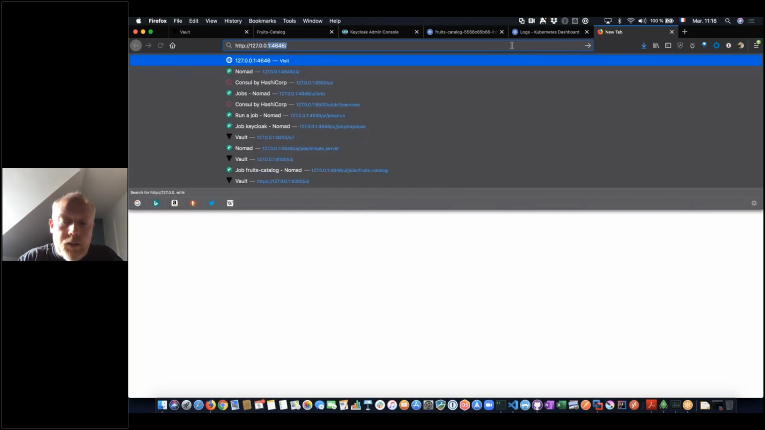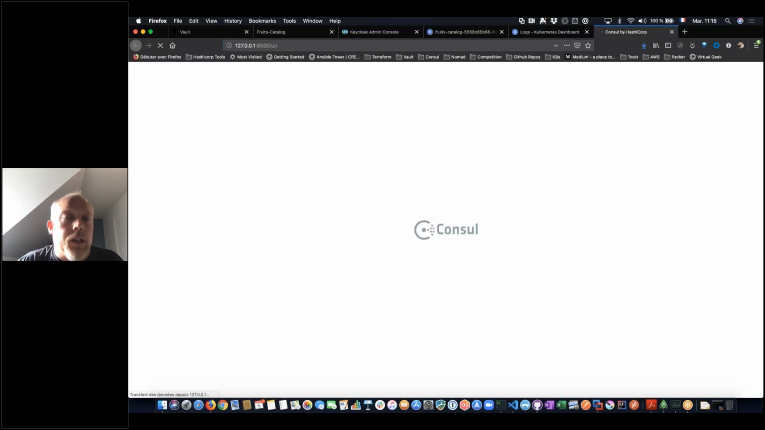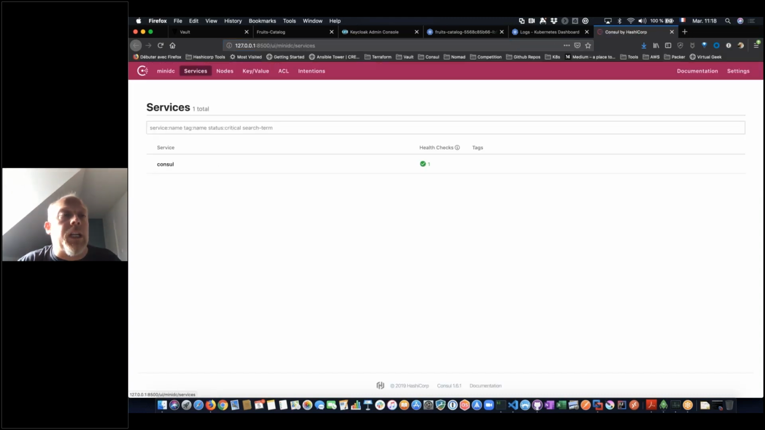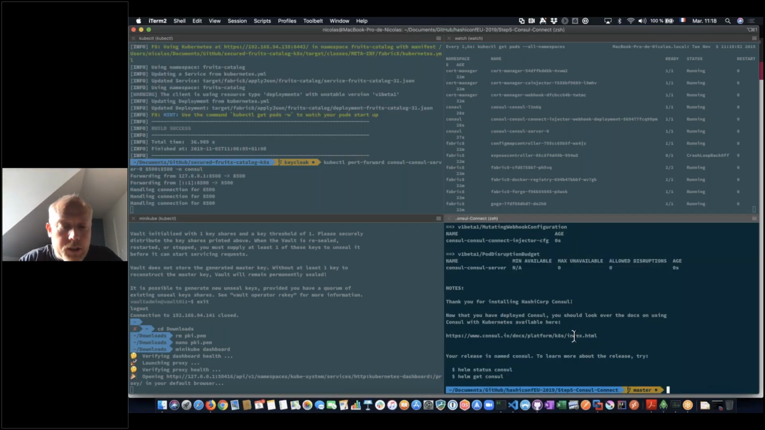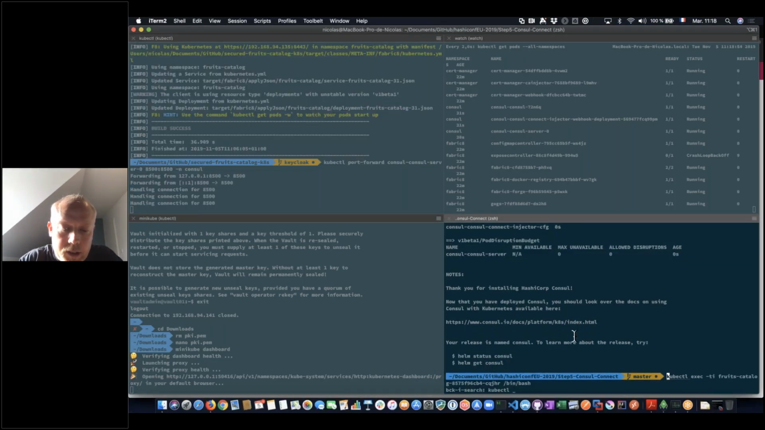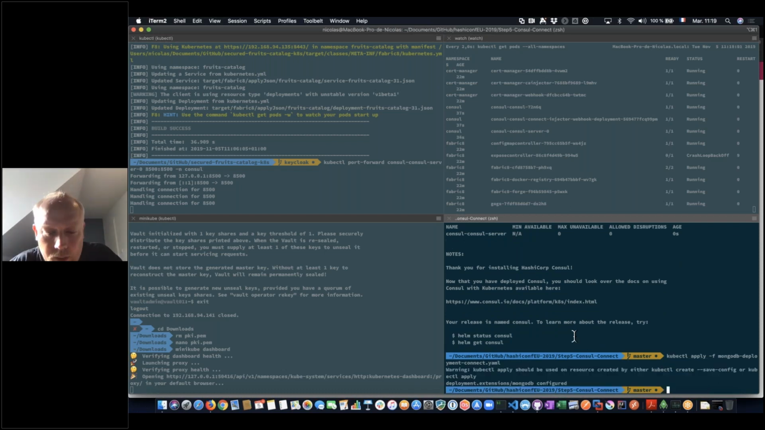And Consul Connect. And the beauty of the thing here is we don't have to do a lot of things. So here I don't have anything. I just have my Consul running. So here I'm gonna just configure kubectl apply MongoDB and kubectl apply